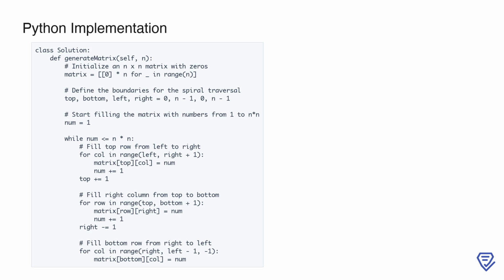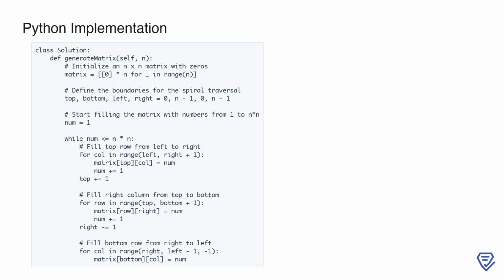Next, we define variables for the boundaries of the matrix, top, bottom, left, and right. These variables help us keep track of the edges as we traverse the matrix. Initially, top is set to 0, bottom is set to n-1, left is 0, and right is n-1. We also initialize a variable number to 1, which will be used to populate the matrix with numbers from 1